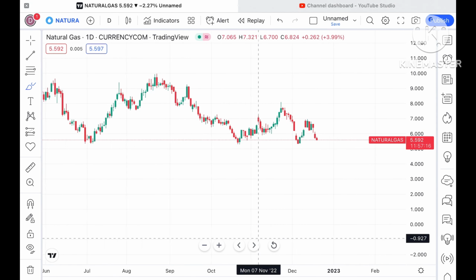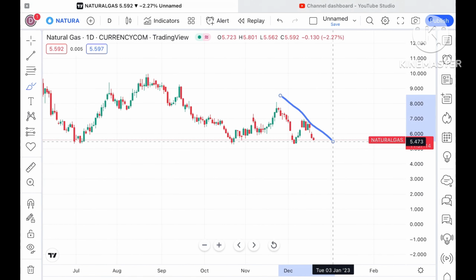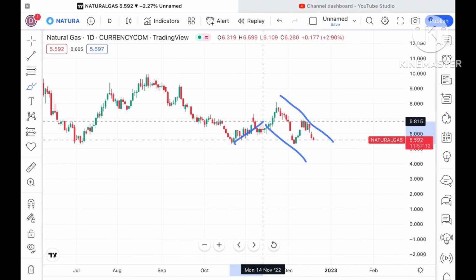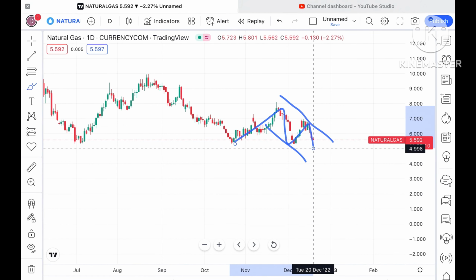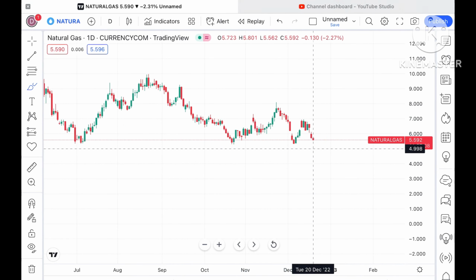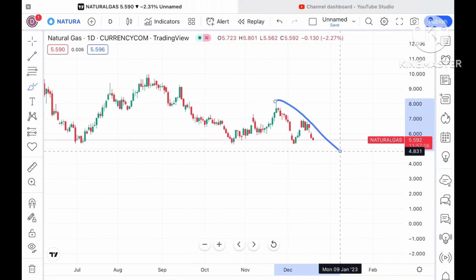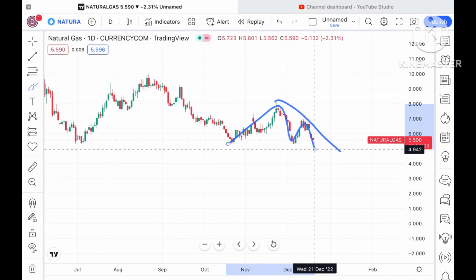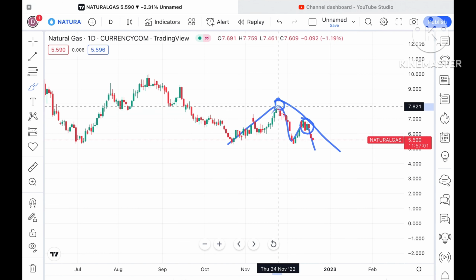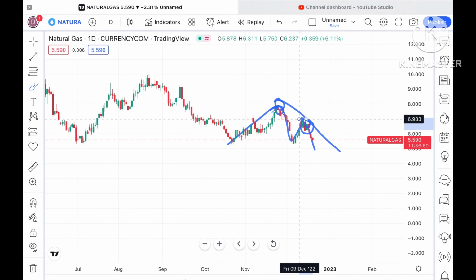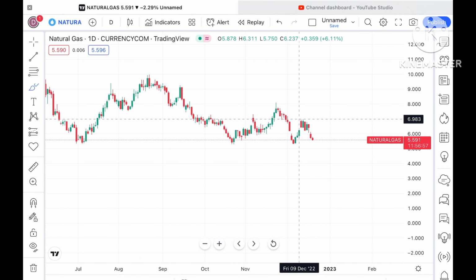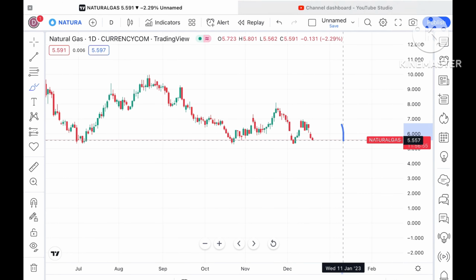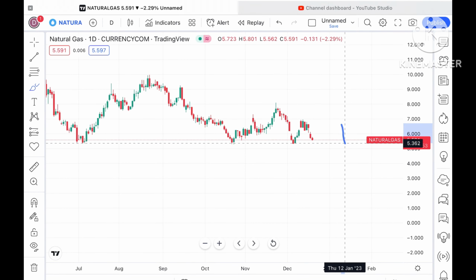Look at this particular chart. Overall, after this zone we have seen a continuous downtrend forming. If you look at this trend line, it is forming at this zone, and it is already being tested here. These levels are already being tested here. So chances are very high that if the price doesn't sustain this level, it can fall further low, and a probability of touching